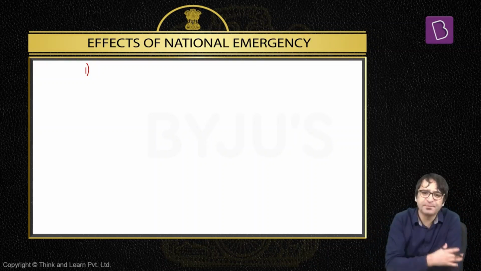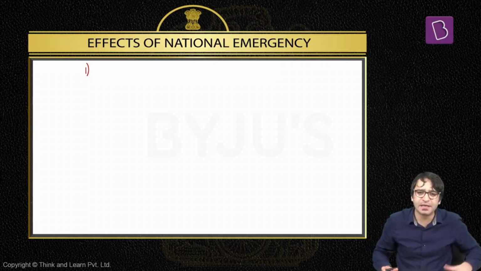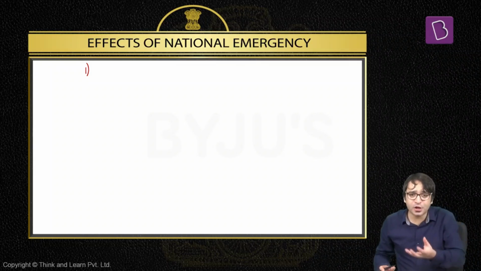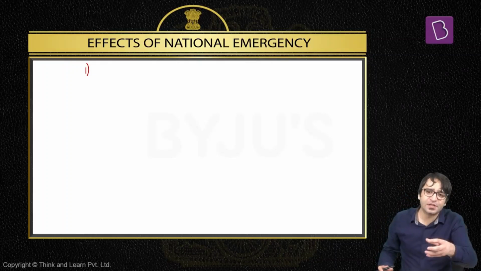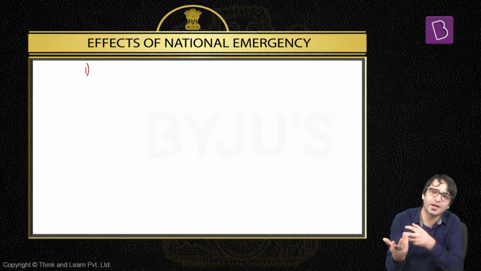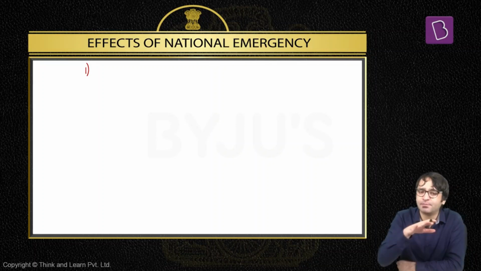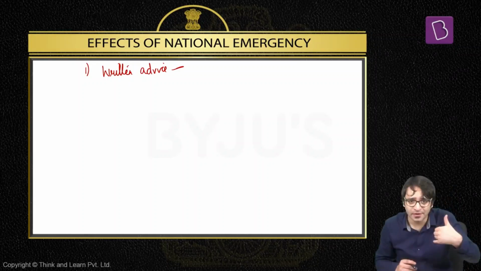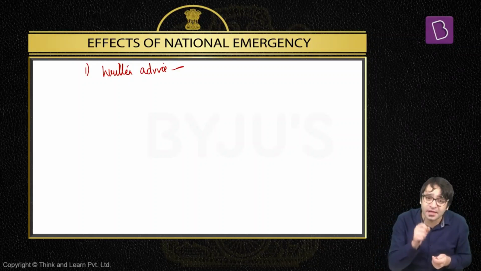Then the next morning, 6 o'clock, a Cabinet meeting was called. And when Cabinet meeting was called, Indira Gandhi presided over the Cabinet meeting and informed the Cabinet colleagues that emergency has been imposed. That means Prime Minister orally communicated to the President, please impose national emergency, and national emergency was imposed. That means Prime Minister did not consult her Cabinet colleagues as well. Cabinet colleagues were told the next morning when the Cabinet meeting was convened. Now, because of this 44th Amendment, national emergency can be proclaimed by the President only on the written advice of the Cabinet. Previously, even an oral advice of the Prime Minister could have resulted in the proclamation of national emergency. Now it cannot happen. It has to be on the basis of the written advice of the Cabinet.